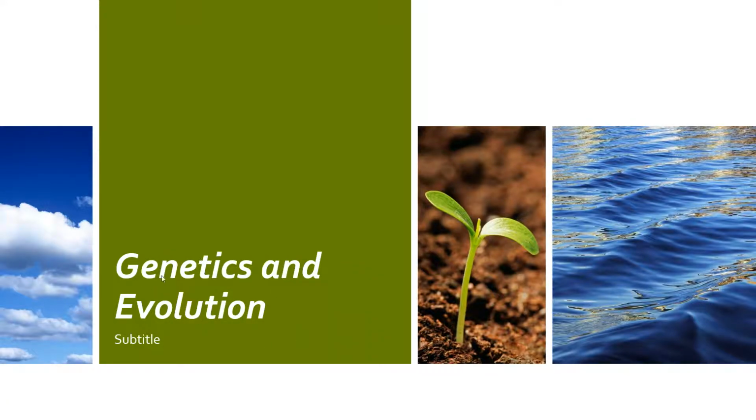So you guys, what we're doing is we're just starting out a new unit, one of the last units on genetics and evolution. And this one is one of my favorite units because these are probably the most vital parts of biology. You cannot understand genetics without understanding evolution, and you can't understand evolution without understanding genetics. They go hand in hand. And the concepts of genetics and evolution then will tie into cell biology, to microbiology, to ecology, and all these other concepts that we talk about in our biology classes. And so these are vital. And so to get started, I just wanted to point out the importance that this has.